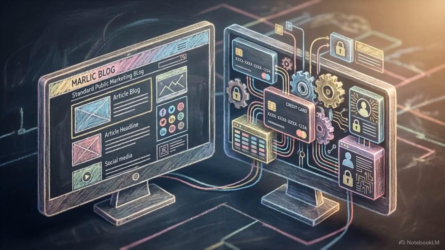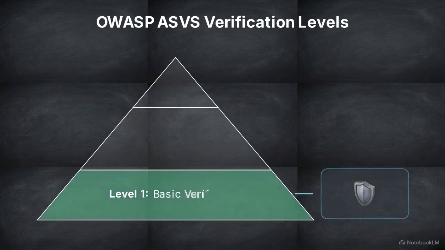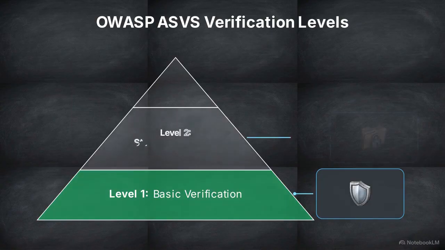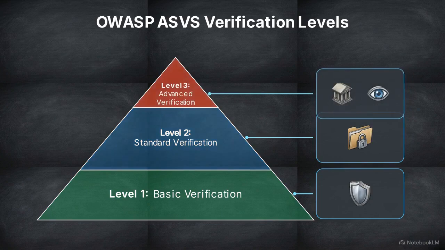Even within a single application, risk is not distributed evenly. Different components handle data with vastly different sensitivities. This chart illustrates the 3 verification levels of ASVS, scaling the depth of security testing based on risk. Level 1 is the minimum baseline, containing roughly 20% of requirements, focusing on preventing common high-impact flaws. Level 2 is the recommended default for enterprise applications managing sensitive data. Level 3 is the high-assurance tier, requiring deep manual review for critical infrastructure like online banking, where failure has severe